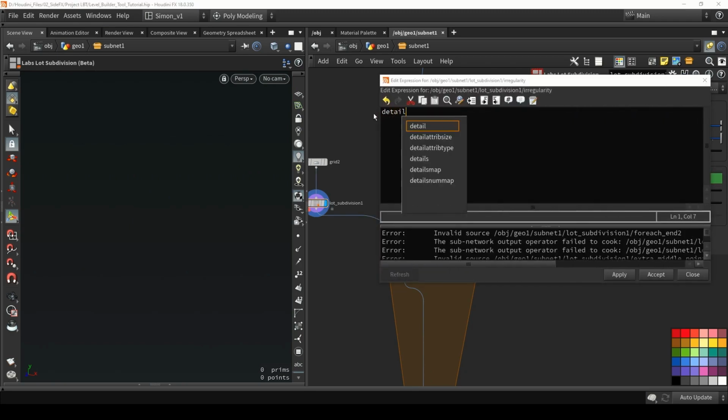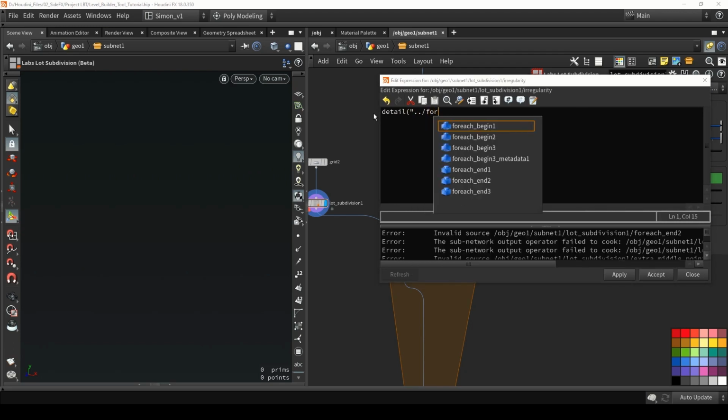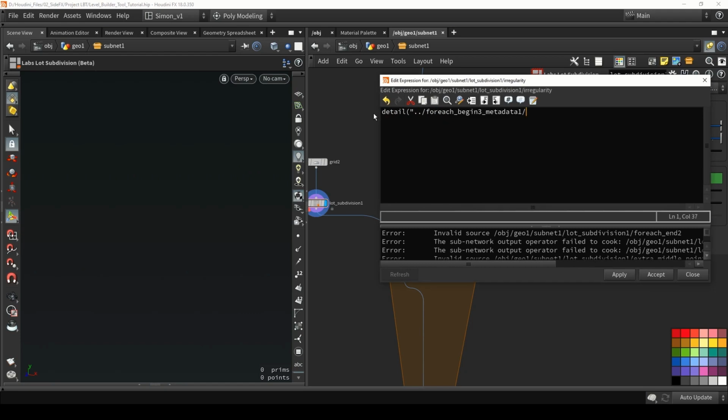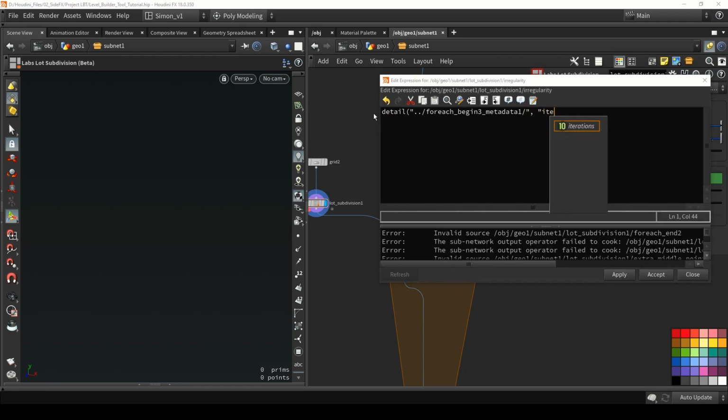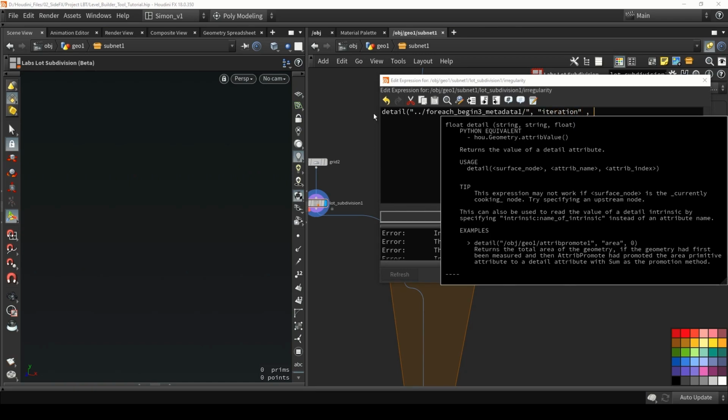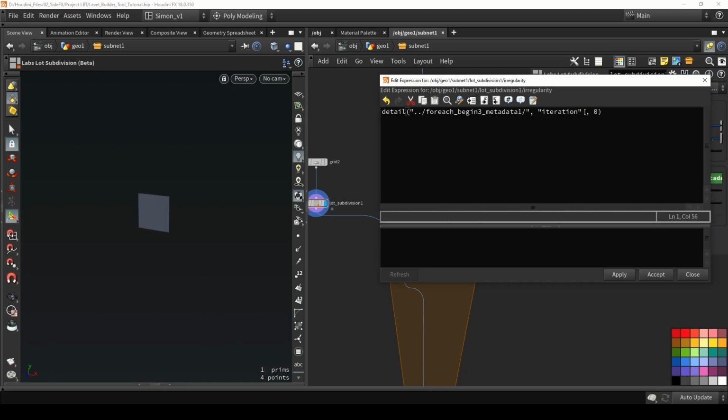So I'm going to ask the details from the node that I just created, which was called for each loop metadata. And I want to access the iteration numbers. So iteration number, and I fill in 0. So now we have accessed this iteration number. So it will go from 0 to 1 to 2 to 3 to 4 until we have all the loops